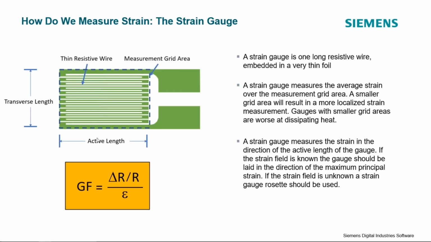Two other important concepts to discuss, and they're very important to today's webinar, strain gauge rosettes, is the active length of the gauge. So a strain gauge is really a uniaxial sensor. When I place this on a device under test, I am measuring the strain in this direction. I'm not measuring the strain perpendicular to the gauge or at a particular angle to the gauge. This strain gauge only measures the strain along the active length of the gauge.